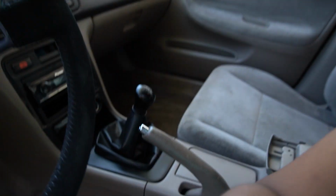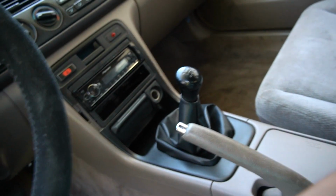Alright, does that not look amazing? I mean, for a 28-year-old car, not shabby, right? Like, every time I've ever done a shift boot install or replacement, it's super nice. And while I was in here, I took my time to